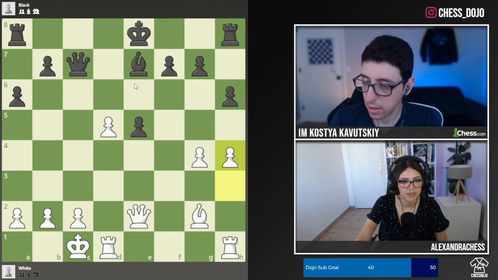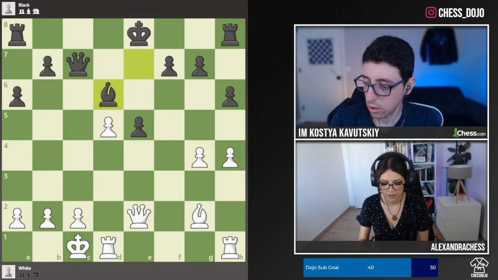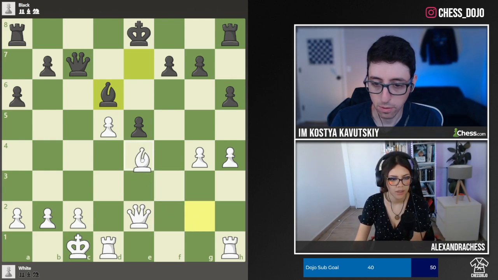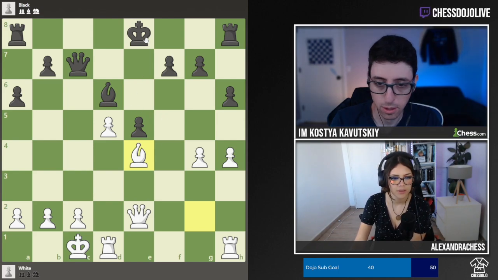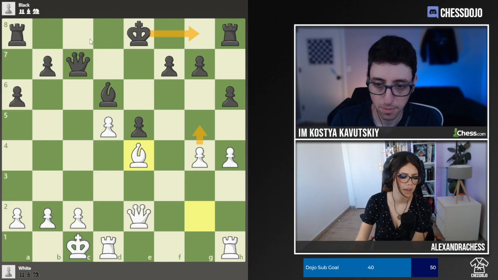In the game, black didn't play castles, but played bishop d6 first, trying to defend against this. But now bishop e4. And basically, as soon as black castles, white is just throwing g5 down and getting ready to open things up. If he decides to castle to the queen side,